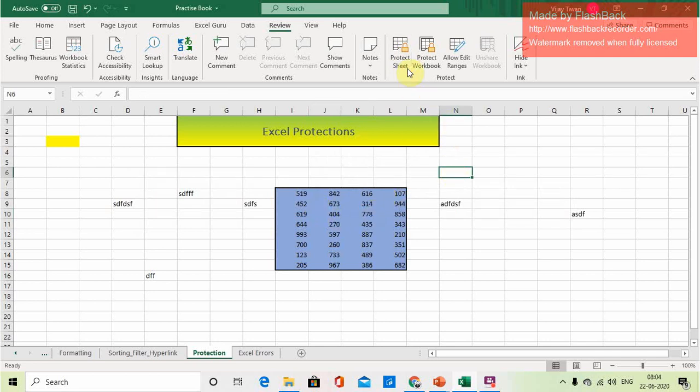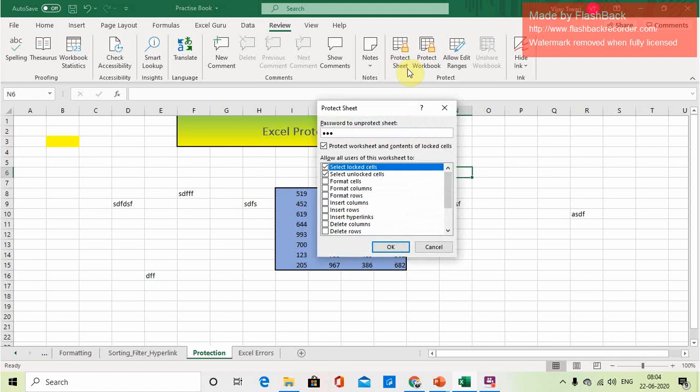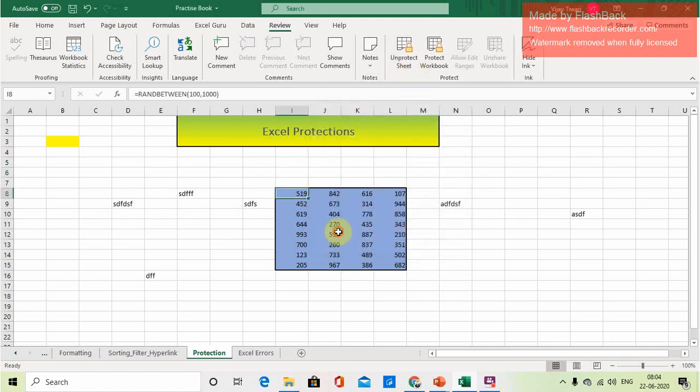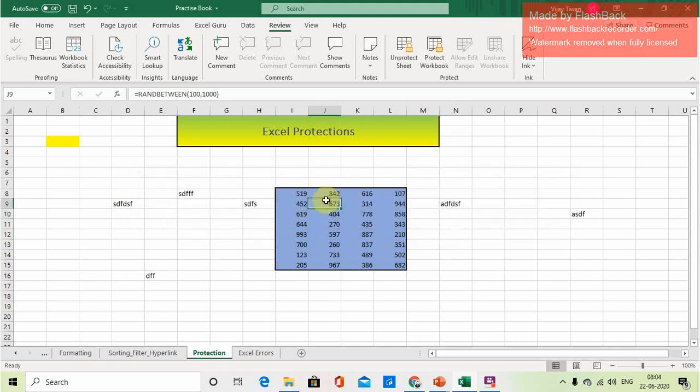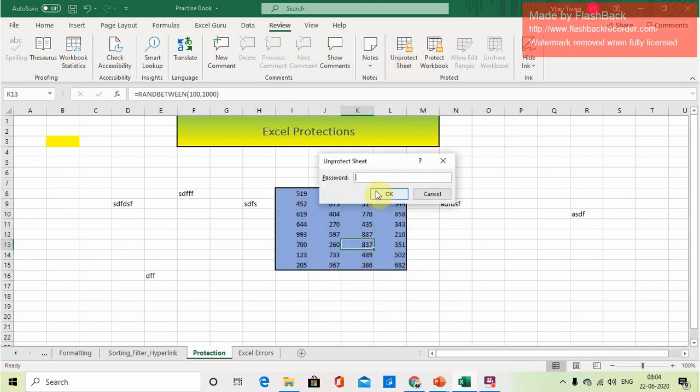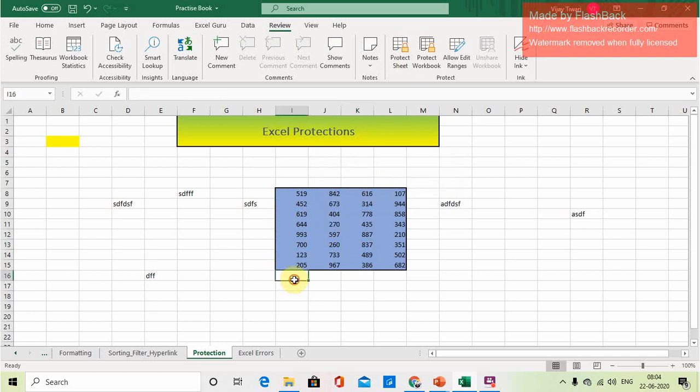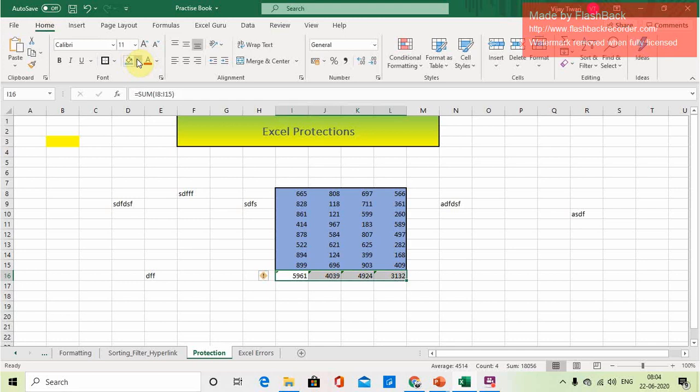Now what if, in this case, we have protected this range and I am not able to make any changes in it, but if a formula is applied in this range, I am still able to see it. Suppose I apply some formula here, in this green part.